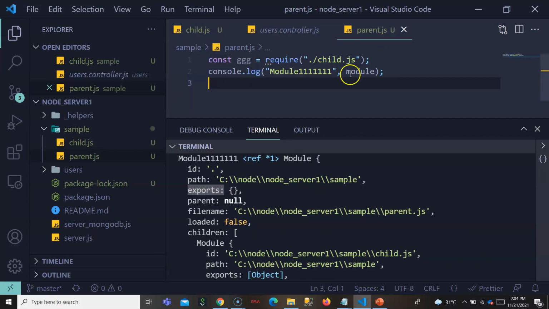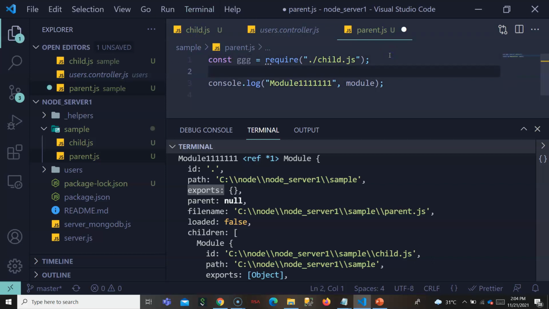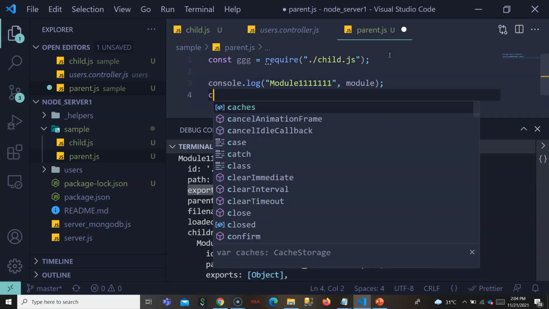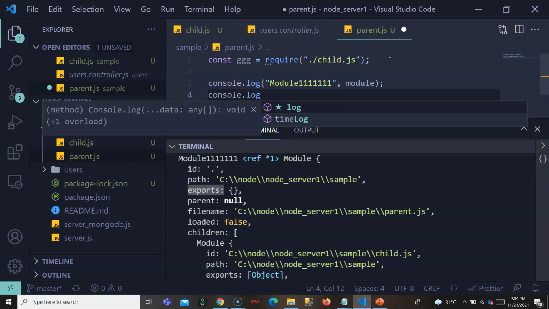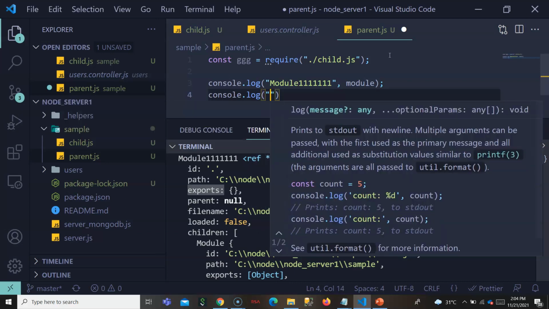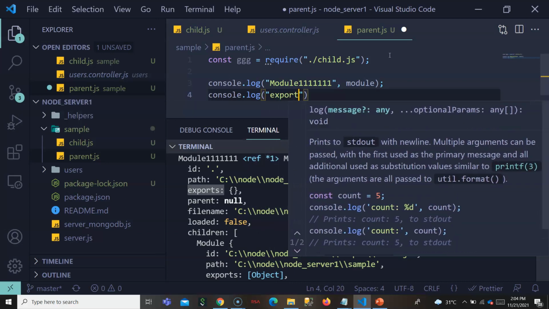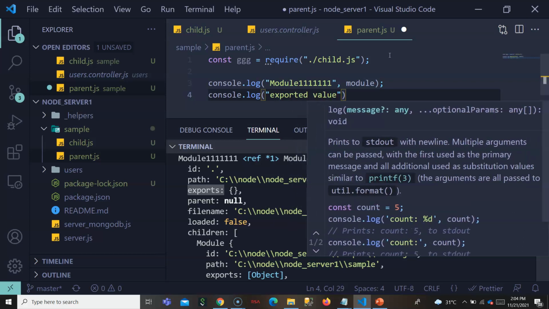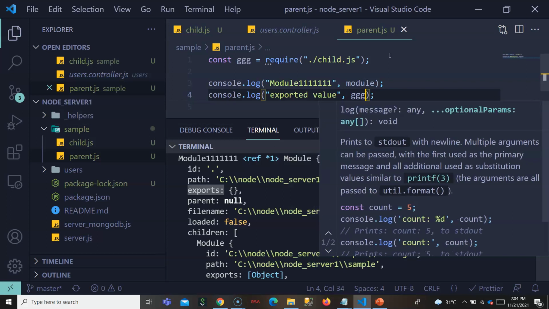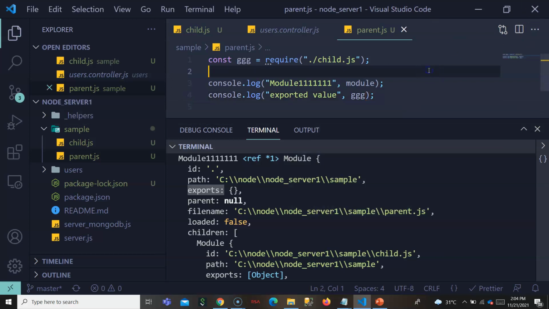In the parent, I require the child module, and I will print the exported value.